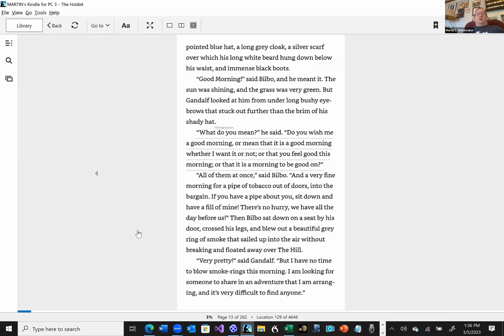He had a tall, pointed blue hat, a long gray cloak, a silver scarf over which his long white beard hung down below his waist, and immense black boots. I tend not to draw pictures of clothing. I tend to paste them in for description, maybe. Bilbo says, "Good morning," and he meant it. Gandalf immediately becomes a jerk, questioning what he said. Bilbo tries to be pleasant, smokes some smoke rings, and Gandalf is once again